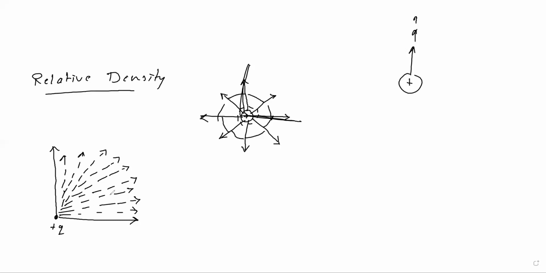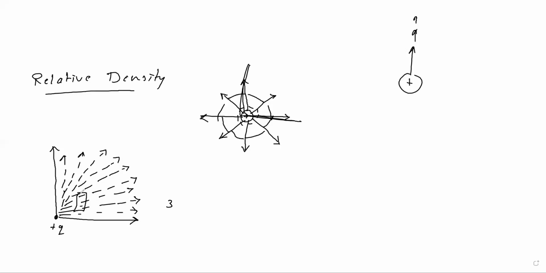Now if I consider a particular area, say dS, over here, then count the lines passing through this area. We can count one line, two lines, and three lines. So in this area, the number of lines passing will be around 3. By this we can determine the field strength.